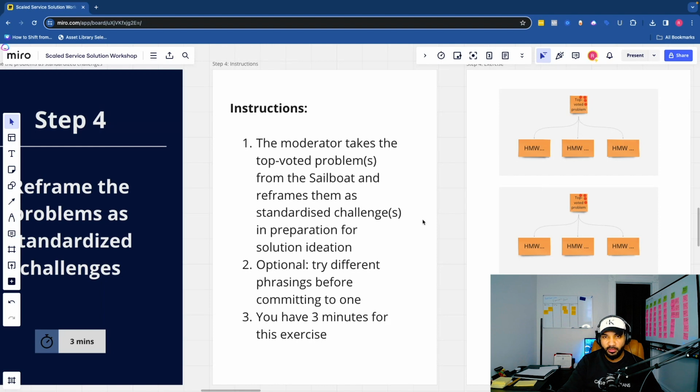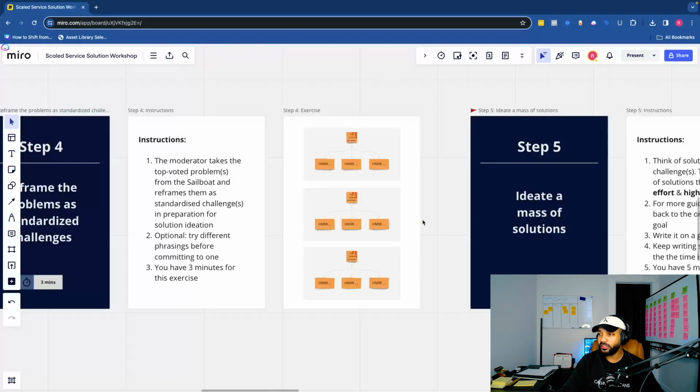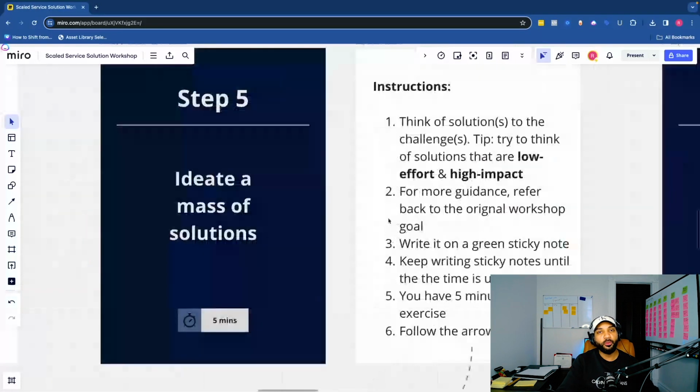This should take about 3 minutes to figure that out. And then once you have your how might we's, now it's time for the fun part where we're ideating and coming up with a ton of solutions. So as you're doing this, one tip is to think of the level of effort and high impact. Also, another tip, and actually I'm going to provide this as a prompt in here, but one way to think about solutions are